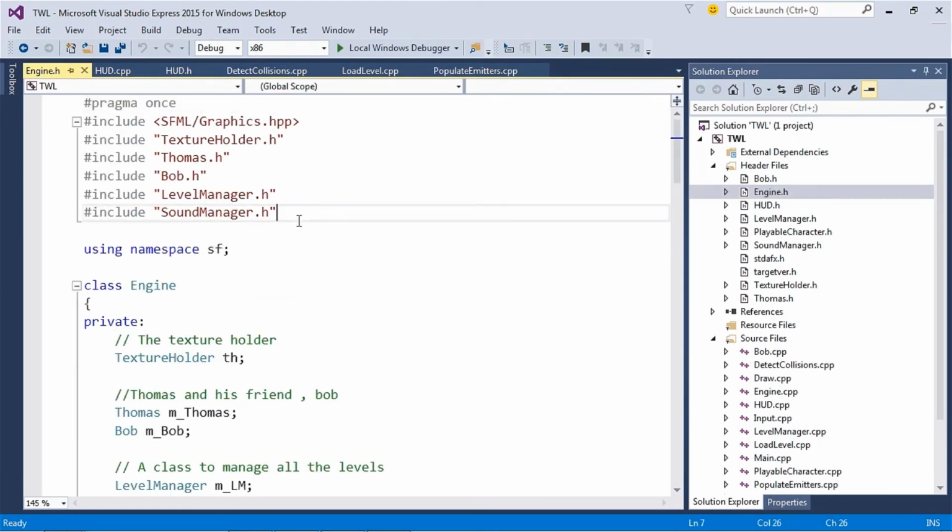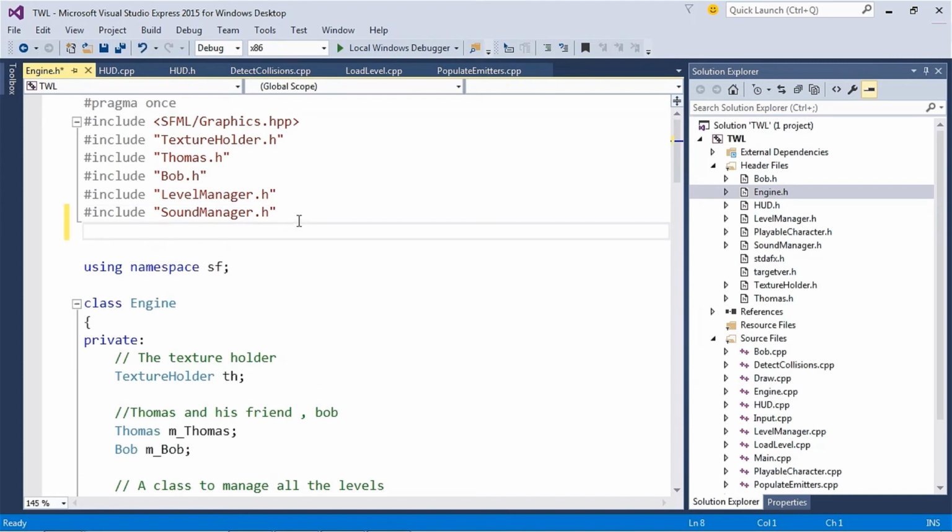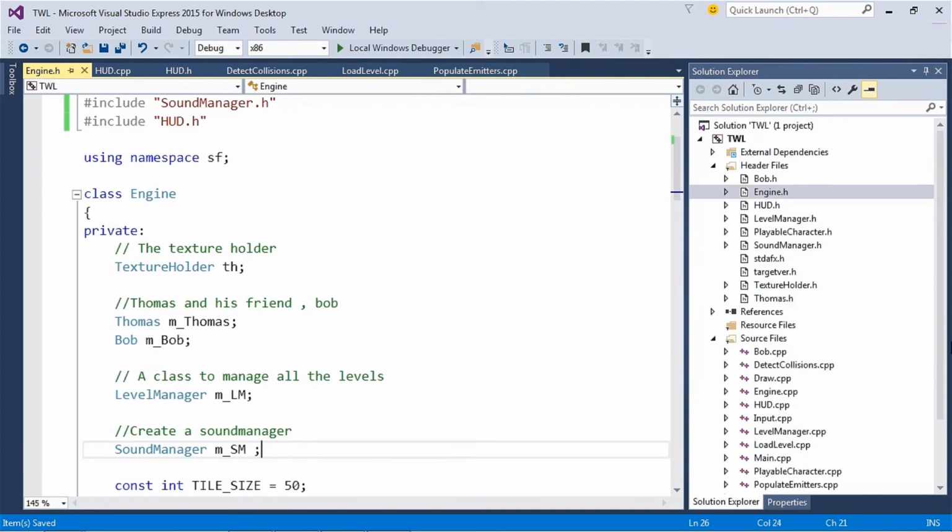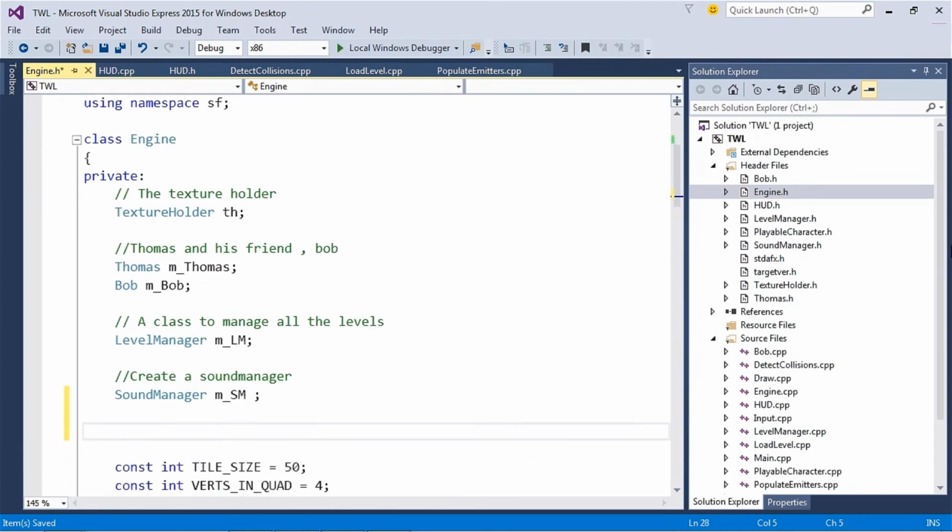First, we add an include directive for our new class, #include "HUD.h". This is the required include directive. Now, we write some code after the sound manager is created. Write a comment first, the HUD.